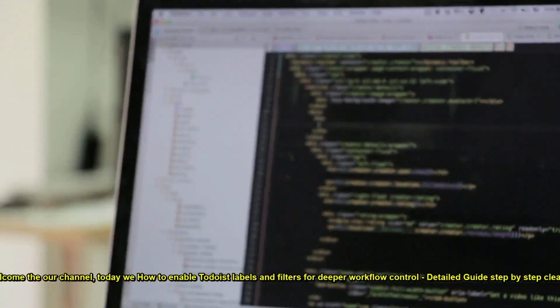Welcome to our channel. Today we show how to enable Todoist labels and filters for deeper workflow control, in a detailed guide step